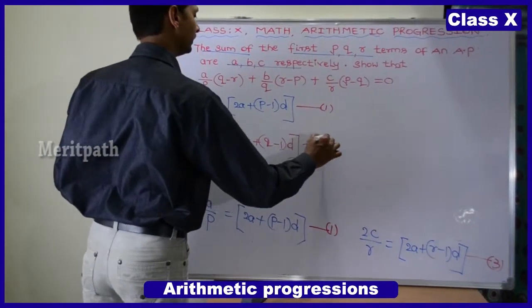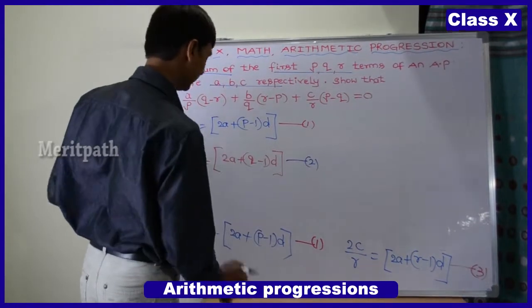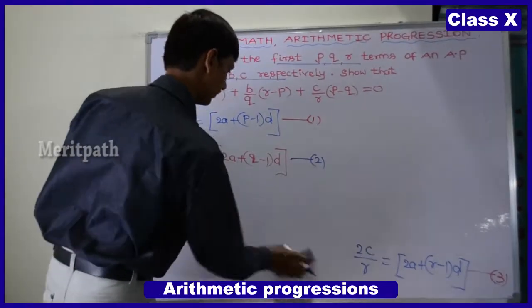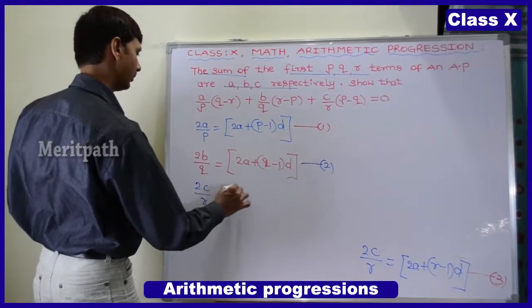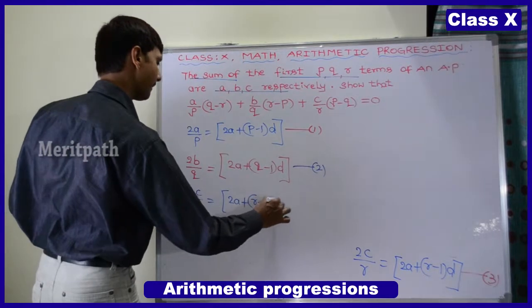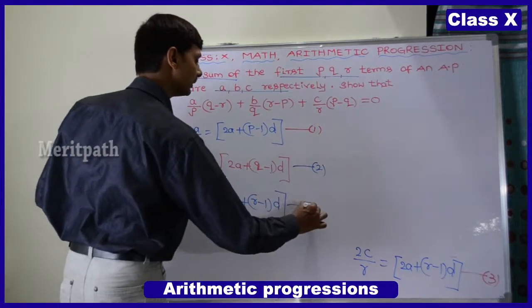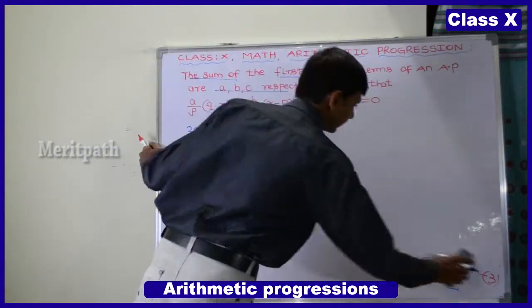The third equation is 2c by r is equal to 2a plus r minus 1 into d, which we got from there. So after getting these three equations,